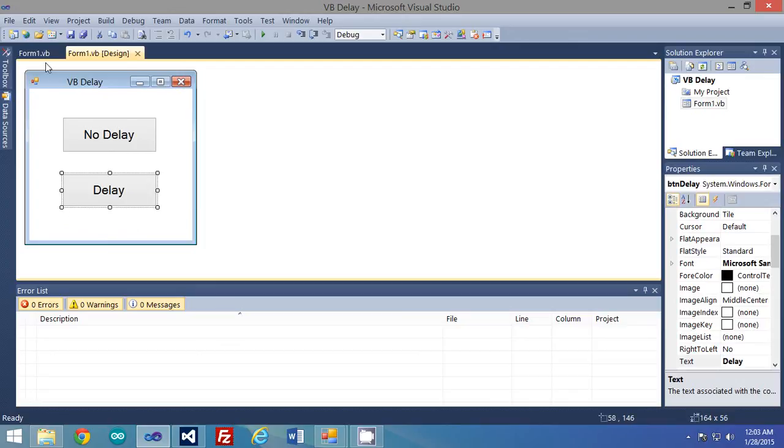When I first came across needing a delay for my Visual Basic program, I was controlling an Arduino microcontroller and trying to send commands to it, but the controller couldn't process a command accurately if it didn't have a delay of about 50 microseconds. So with the Visual Basic program, if I tried to send two commands at once, like let's say I wanted to turn lights A and lights B on,